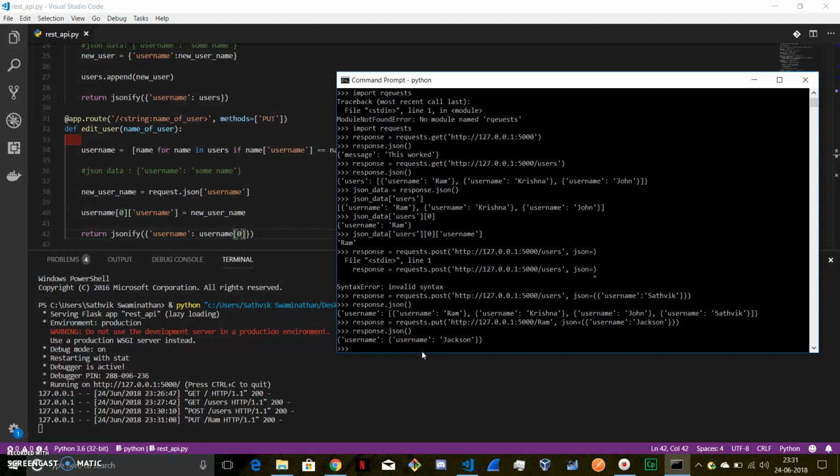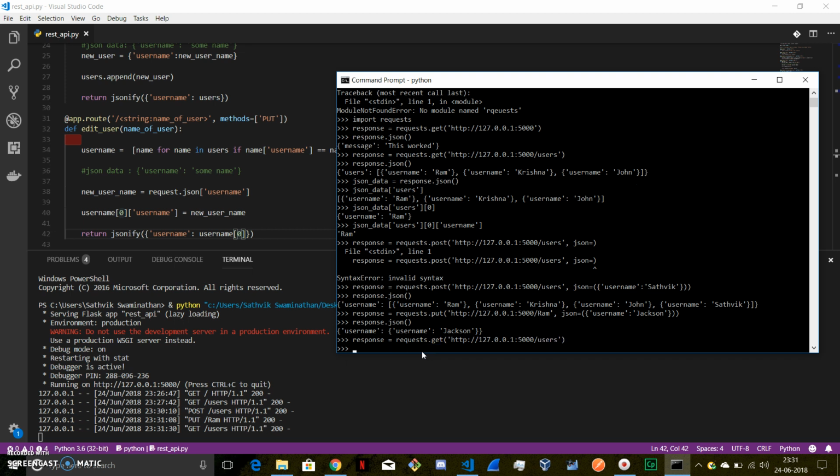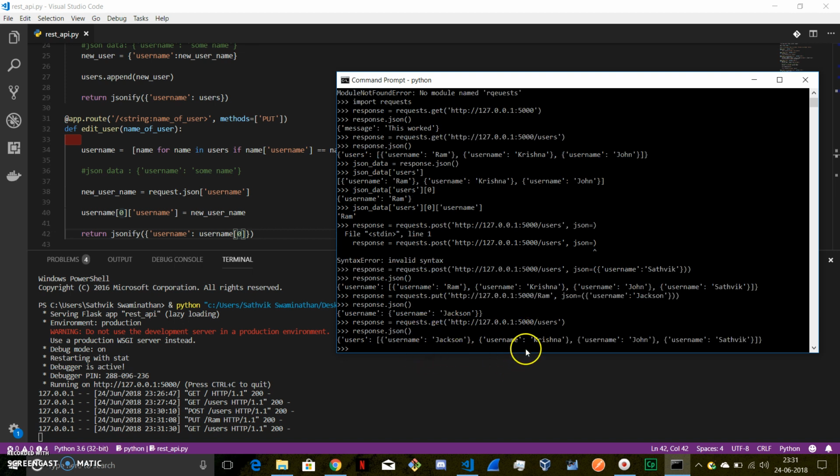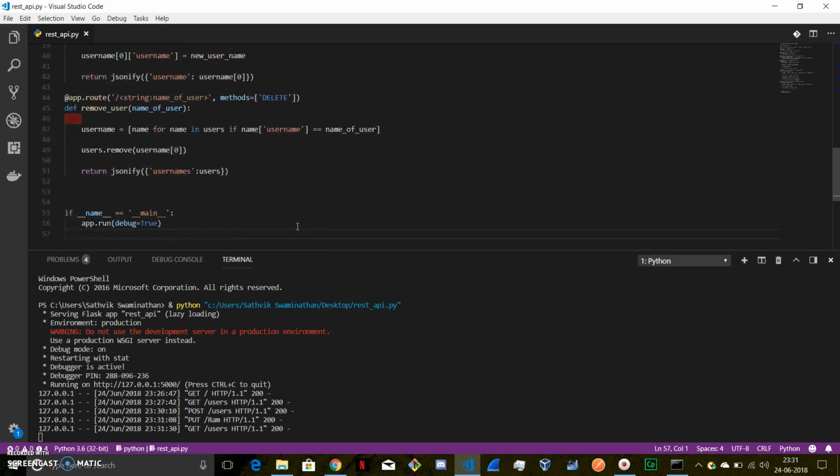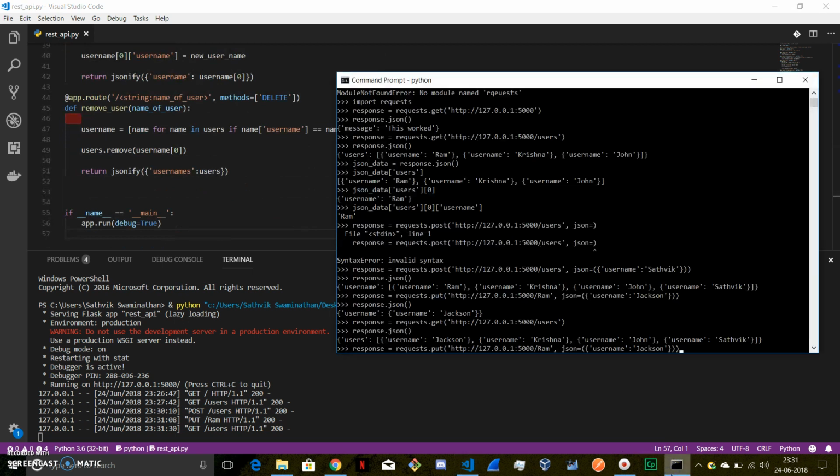So let's make a GET request to the users endpoint again and see if the list has been updated. So the list has been updated, Ram has been changed to Jackson, and now let's try using the DELETE request. So while making a DELETE request, you need not specify any JSON data, and you'll just have to pass in the name of the user which you want to delete. So I will just pass John